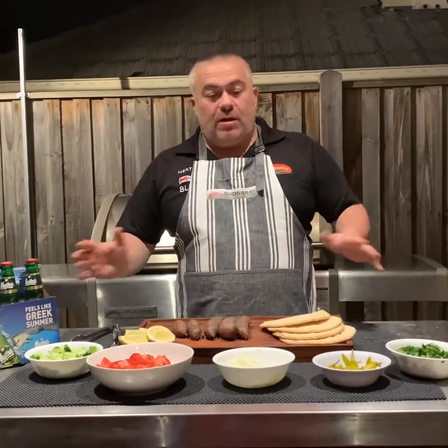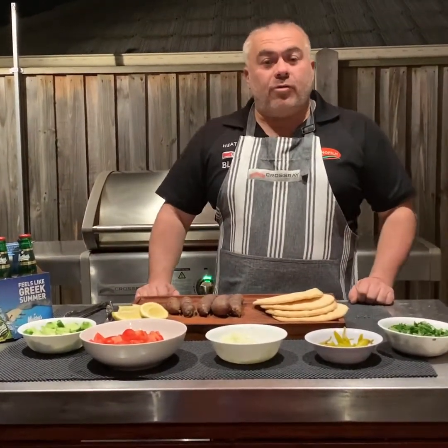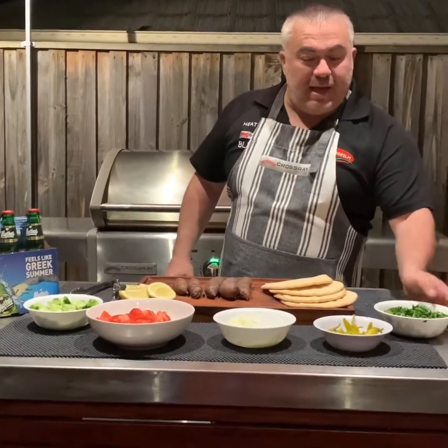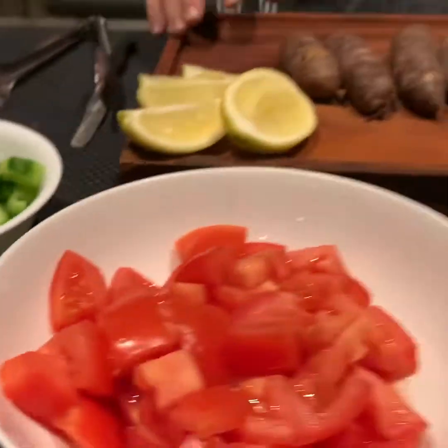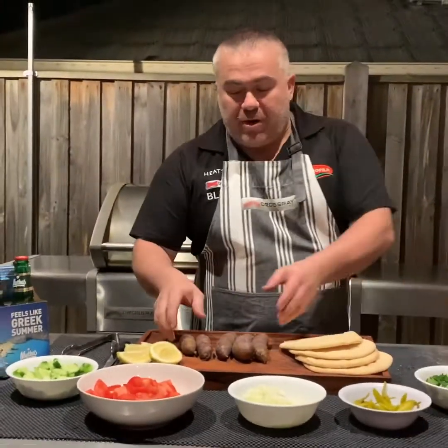Okay, so as you can see now, I've put all my ingredients all around me. I've got my parsley again, my beautiful peppers, my onion, tomato, and obviously cucumber. I've got my lemon as well that we're going to use at the end, and obviously my pita breads. Now it's time,